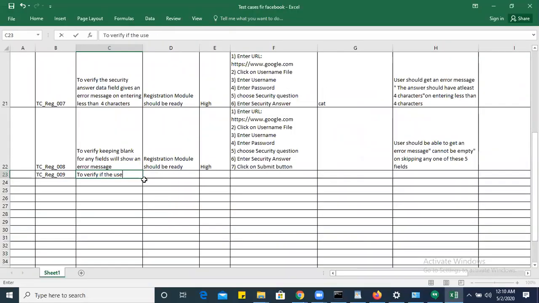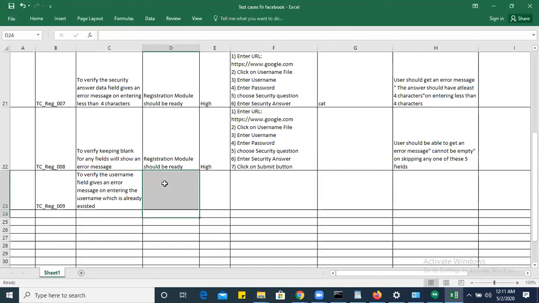To verify the username field gives an error message on entering a username which already exists. If that username already exists, then you should show the message.